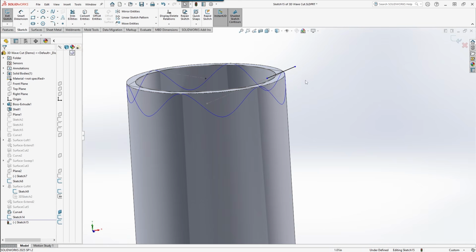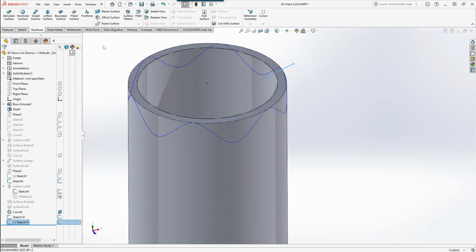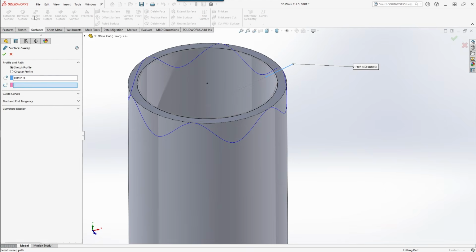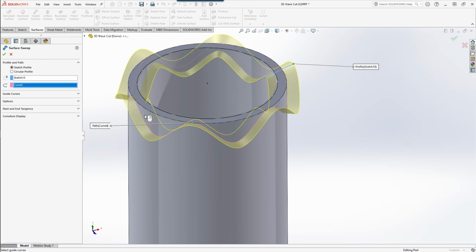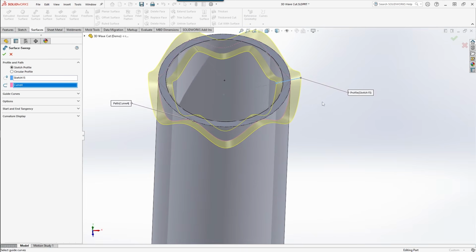Otherwise, it's going to go into a straight line, and that's going to cause problems. And I'll show you in a second why I said that. So go ahead and exit the sketch. We'll go ahead into surfaces, and what we're going to do is a swept surface. So the profile that we're looking for is this sketch, so sketch 15. And then the path that we want it to follow is obviously the curve. And as you can see, this creates a nice smooth curve that goes all the way through,